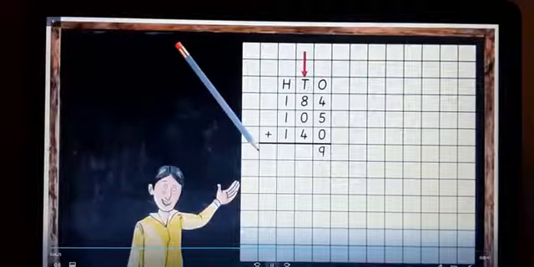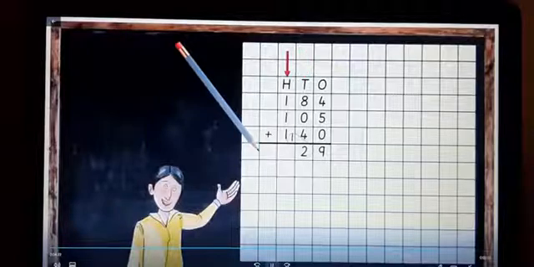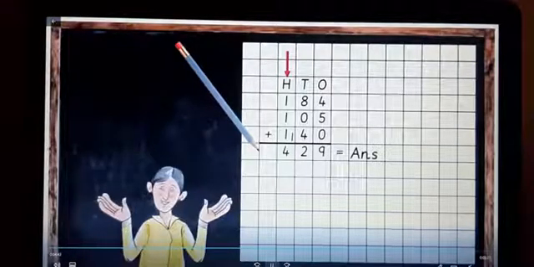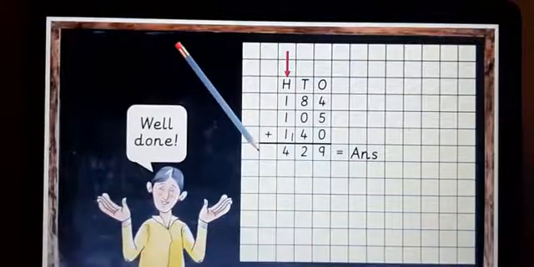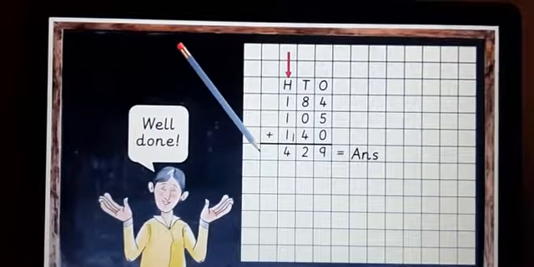Okay. Now the same thing when you are doing in the book, you can do it here. Ones place, 4 plus 5 is 9, 8 plus 4 is 12, 2 should be written there, 1 should be carried to the hundreds place there. At the bottom you can write it, or else you can write it on top also. It is left to you how you understand to write there. Okay, because the carry number should be written separately there. You can see there. Right? I hope this concept is understood now. 429, you got the value there, the answer. Well done, children. You completed this question also.